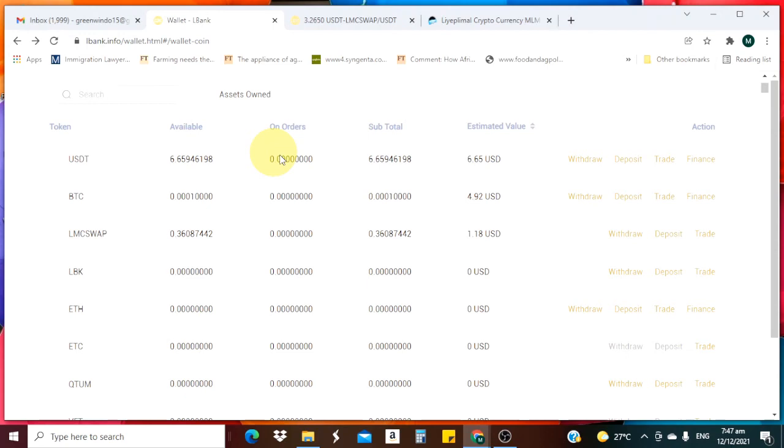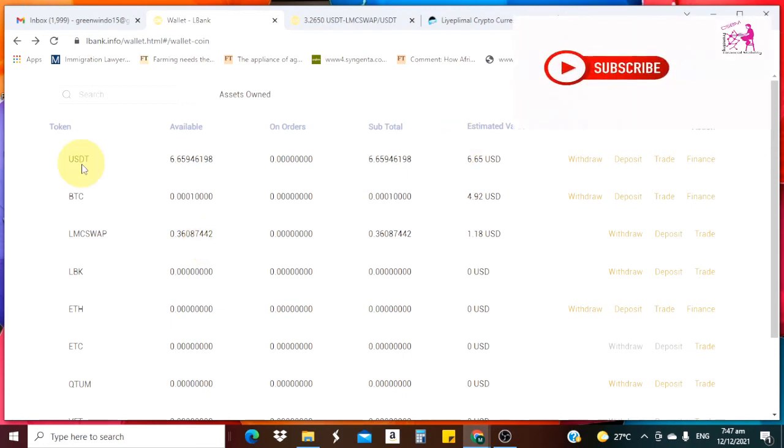Here we are. The Limo coin, which was 1.4 something, is now 0.36, and the USDT has gone up. The Limo coin value is down, and it has been added to USDT.